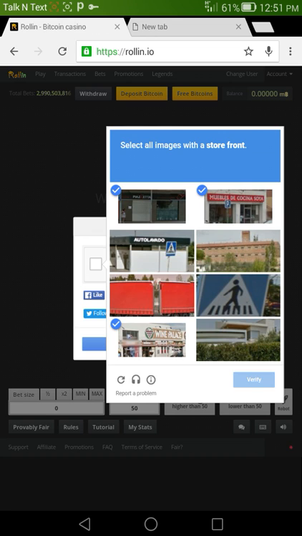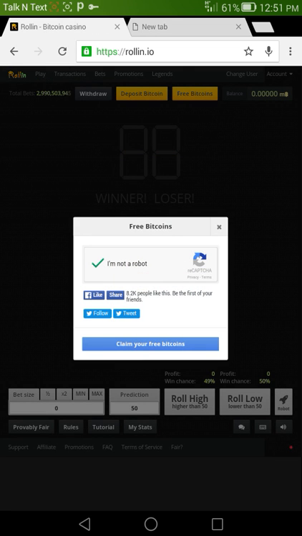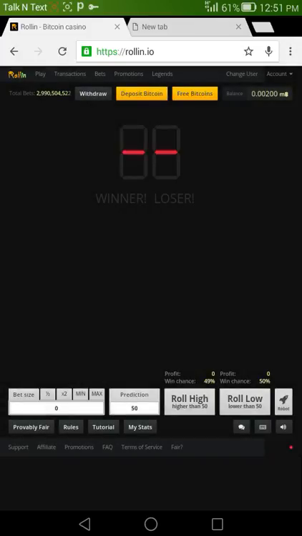Verify, and please claim your Bitcoin stamp. So I changed my captcha and now we have a balance and now we can start playing.